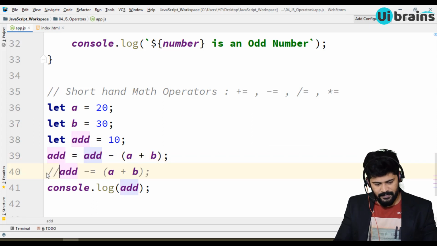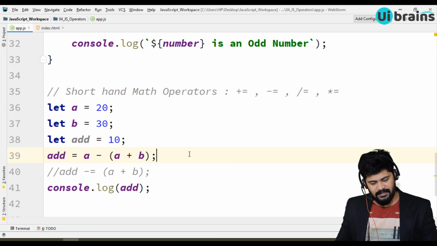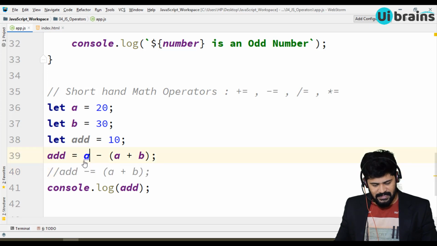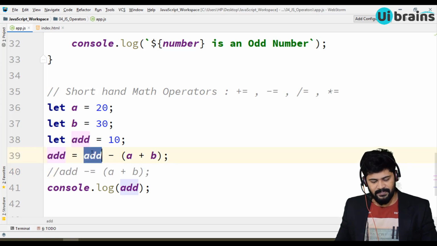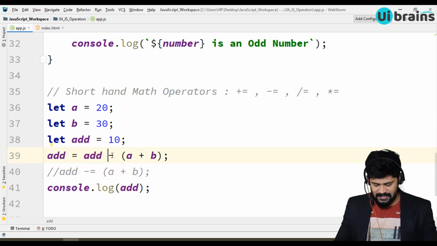And suppose here, instead of add, I have a. Can I replace it with this? No, you never replace like this, because the rule is it must be the same, then only you can replace. And let's keep it as plus.